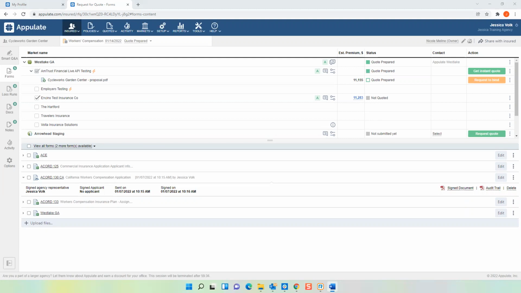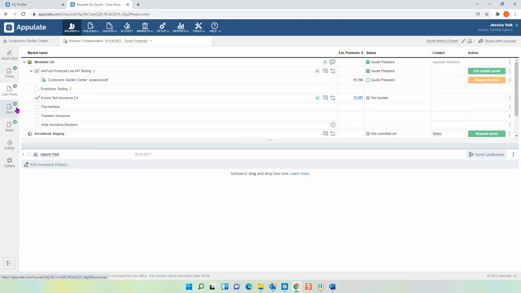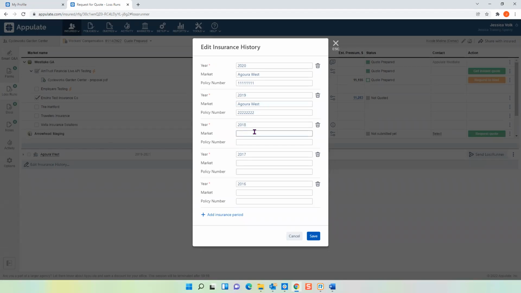Okay, so now we will proceed with loss runs. We're going to go to the left-hand side and click on loss runs. And you see Agora West right here, and that's because I included prior carrier information on my Accord form. So when I originally uplinked those Accords, it populated in here, so I don't have to do any of that work. But if you need to change anything, whatever the case, click on Edit Insurance History, and you can edit